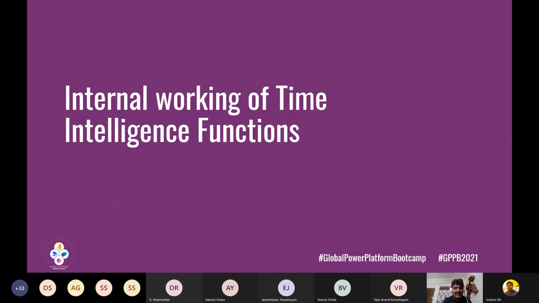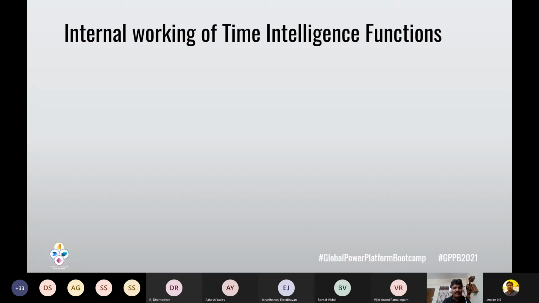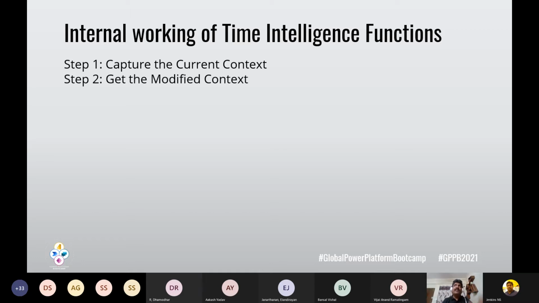Now let's move on to understanding how these time intelligence functions work internally. Basically what they do is, for example, I am at year 2020, then the current context is 2020. So they capture the current context, and if I want to get the previous year, that current context date 2020 transforms to the previous year dates.